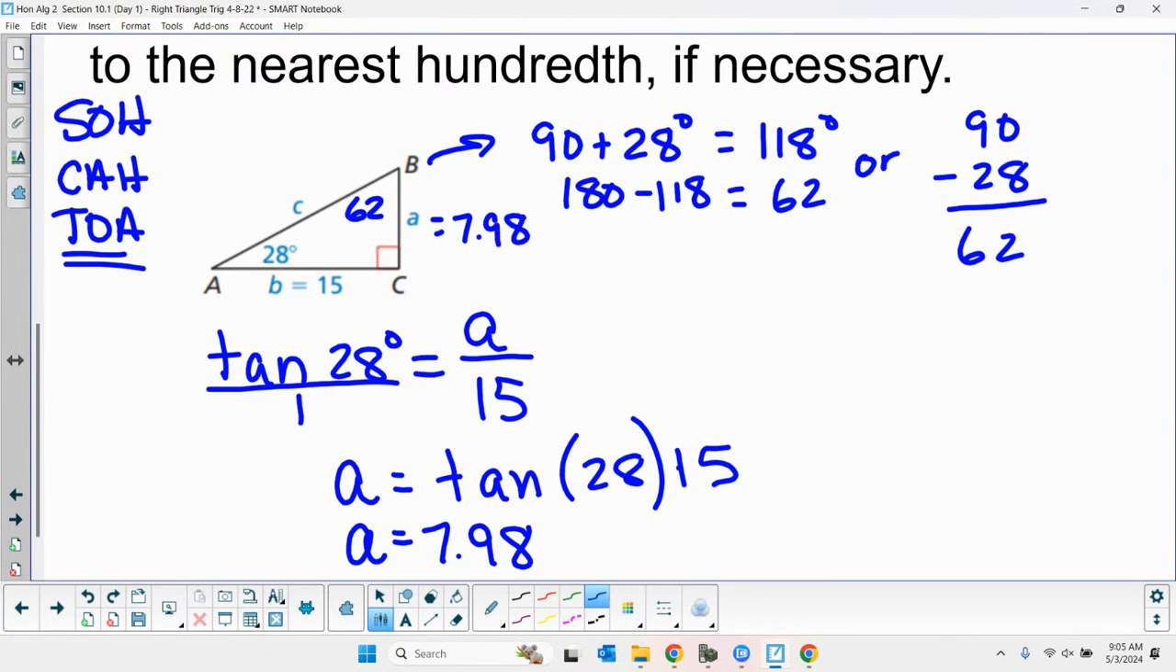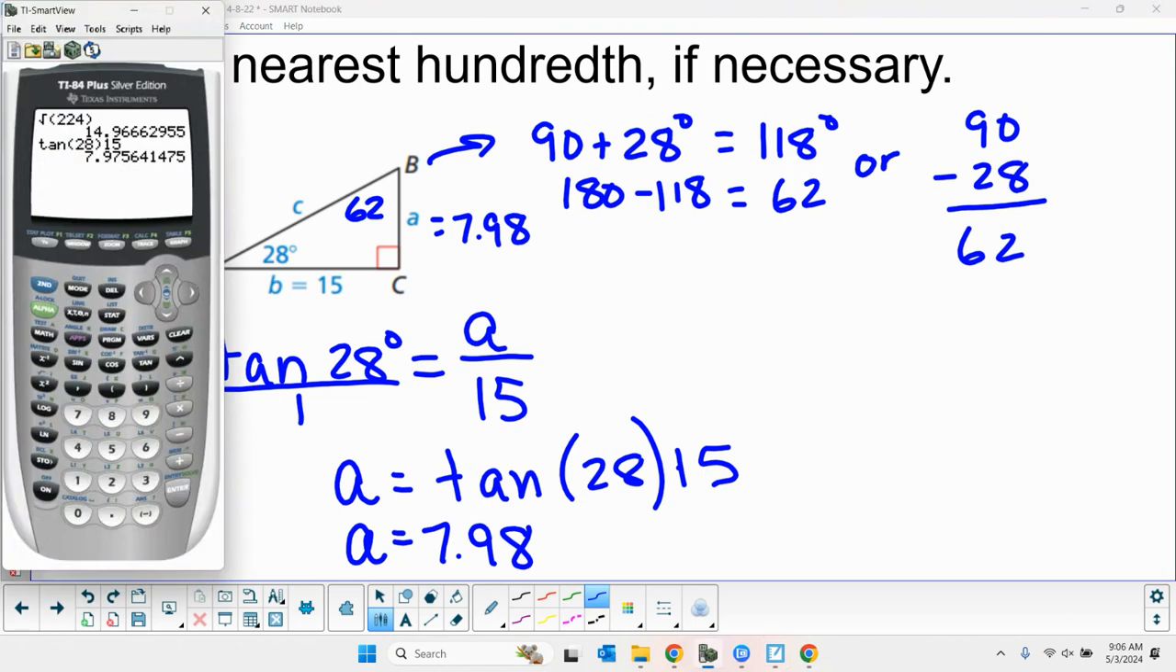Have I solved the triangle? Do I know all 3 sides and all 3 angles? I have to find the hypotenuse. What are we going to do? A squared plus B squared, and then take the square root. You with me? This is already in my calculator, so I'm just going to hit squared. It just squared that answer. Plus 15 squared